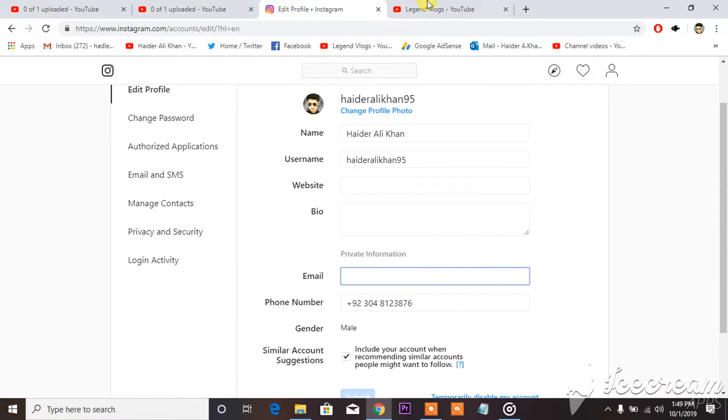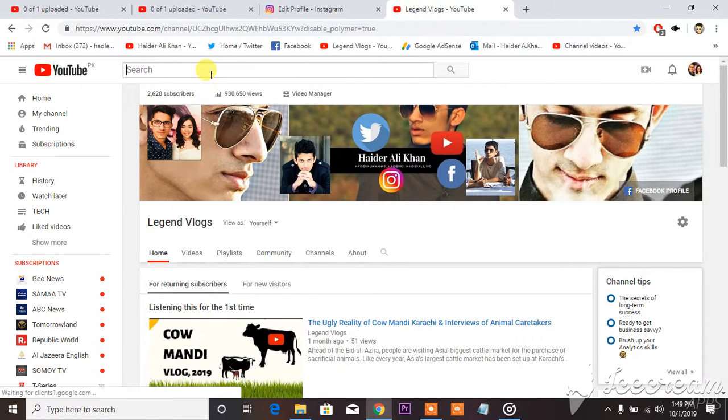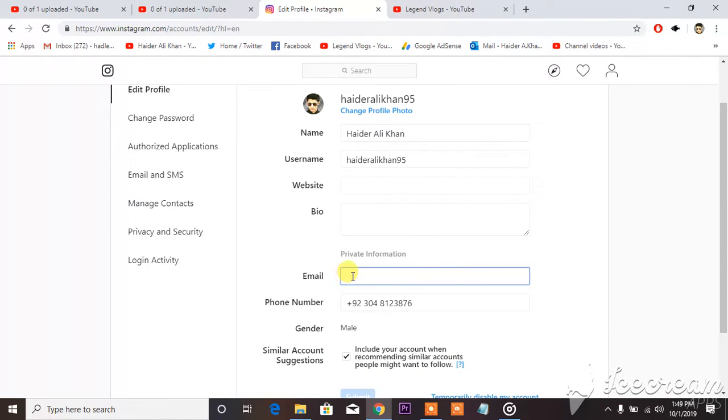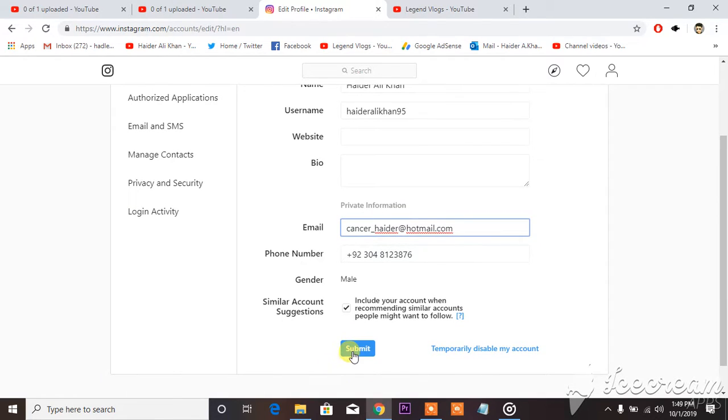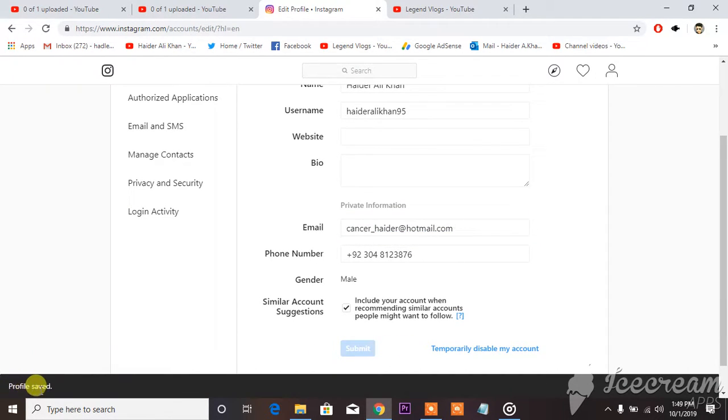So what you're gonna do is just paste the email. This is my email, you can see. Now I'm gonna copy it, and then I will paste it on here, email option. Now what I'm gonna do next is just submit it, and after you can see the profile saved,